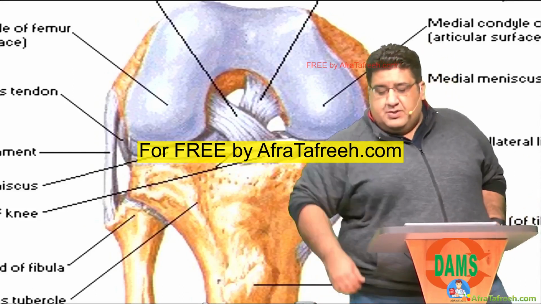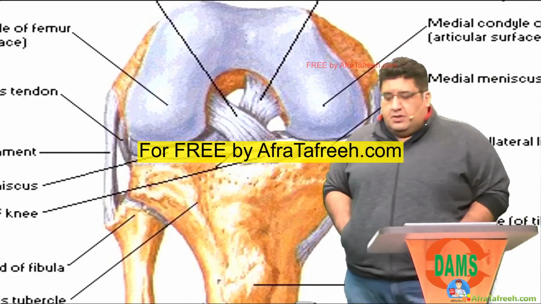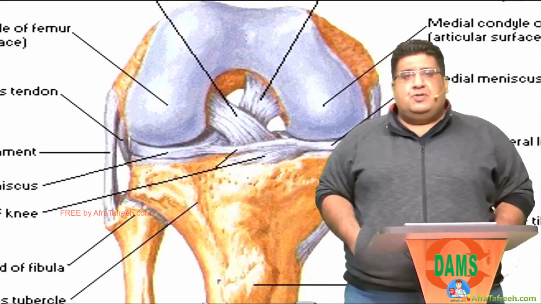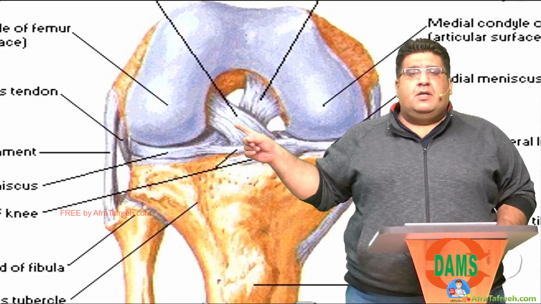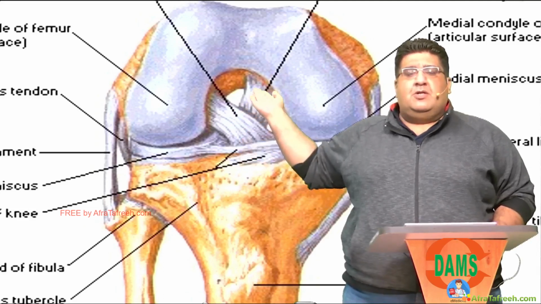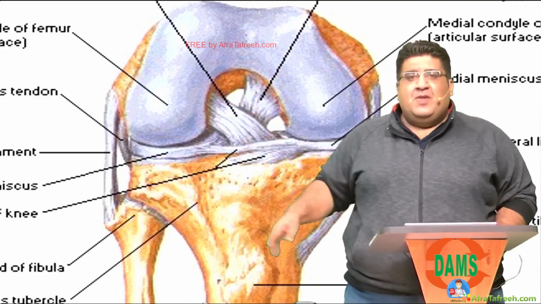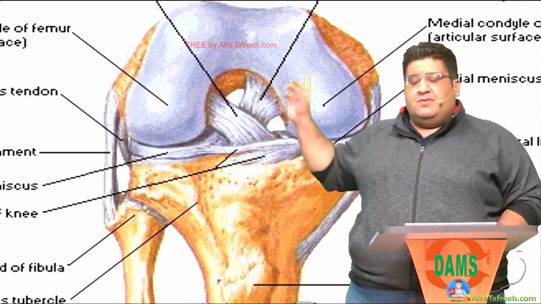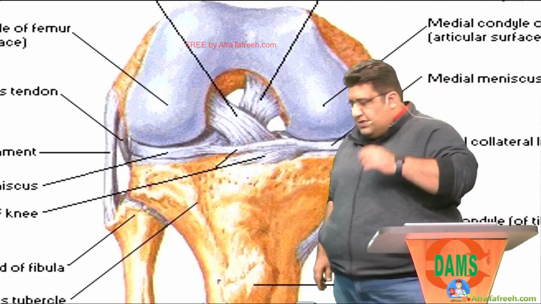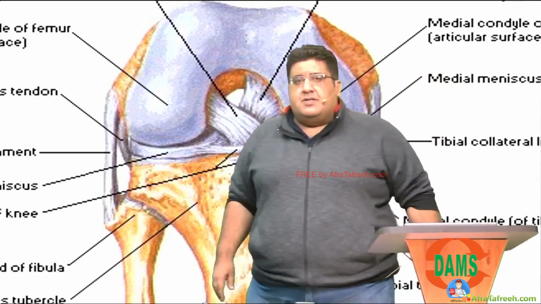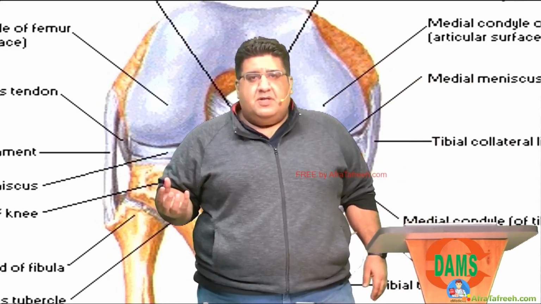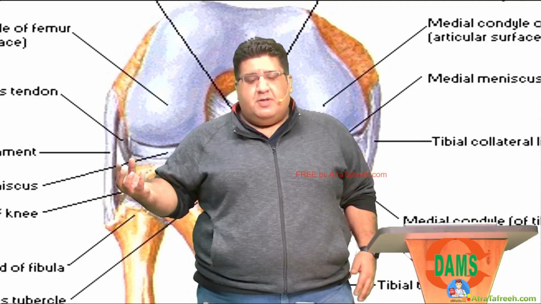All right, so the next topic of discussion now is cruciates. Let's talk about cruciates: anterior cruciate ligament, posterior cruciate ligament. So you can see ACL, you can see PCL. By now, you must have understood that whenever I discuss any ligament with you, I talk about the basic anatomy, injury, testing, treatment. Same here.